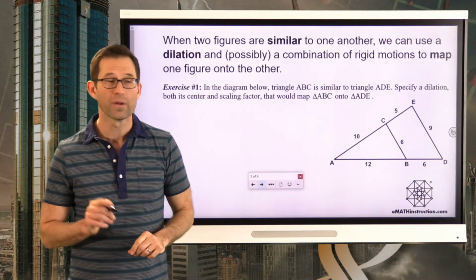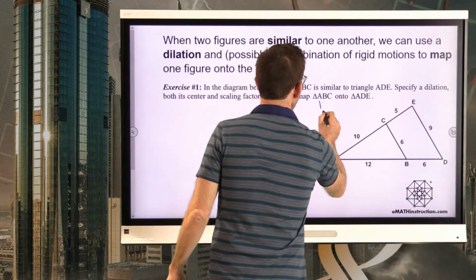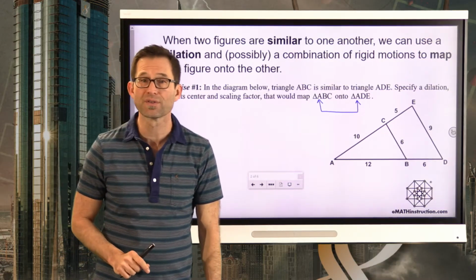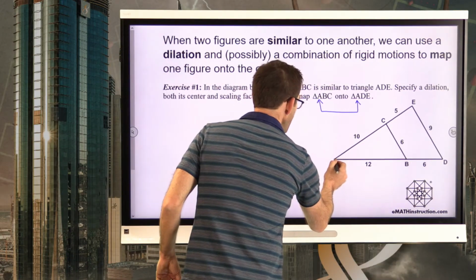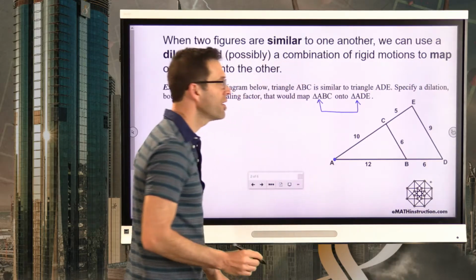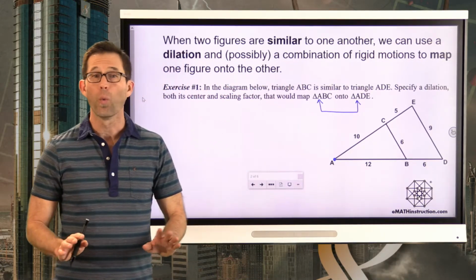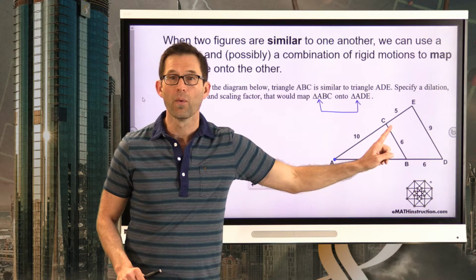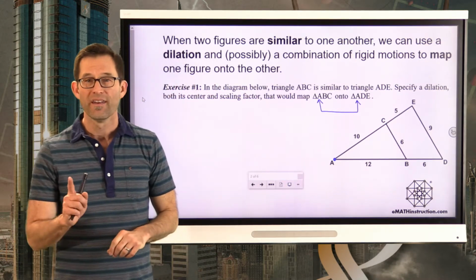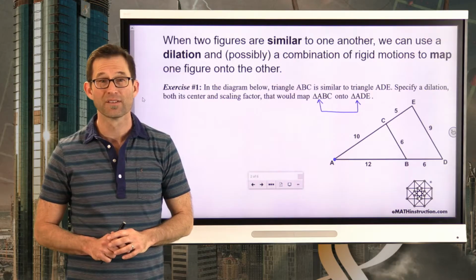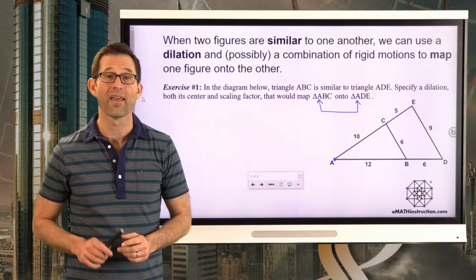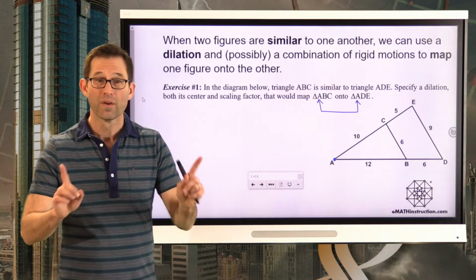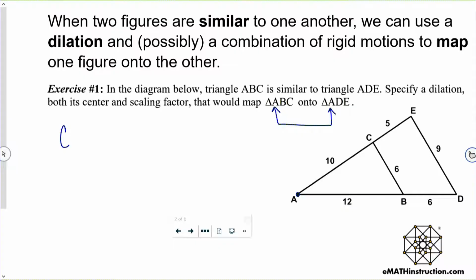Well, one thing please note in this problem is that we really don't want A to go anywhere. It's part of both triangles. Whatever dilation we choose, whatever center and whatever scaling factor we have, we don't want A to go anywhere. But we do want B to get mapped to D, and we want C to get mapped to E. Now, the fact that we don't want A to go anywhere tells us something for certain. It tells us that A should be the center, because remember, in a dilation, the center doesn't go anywhere. So to begin with, we want our center